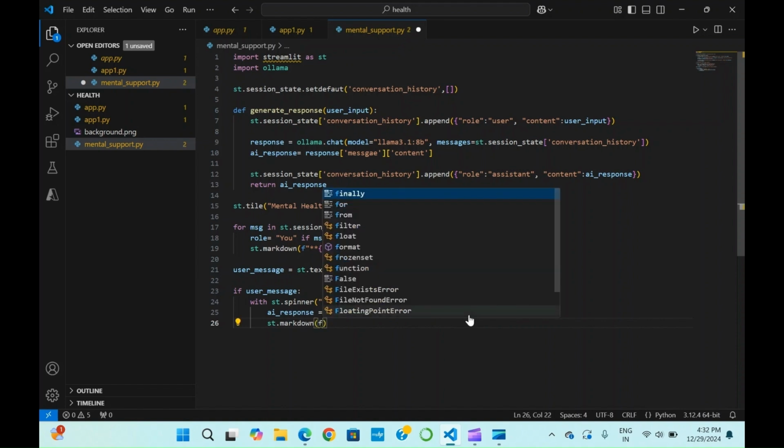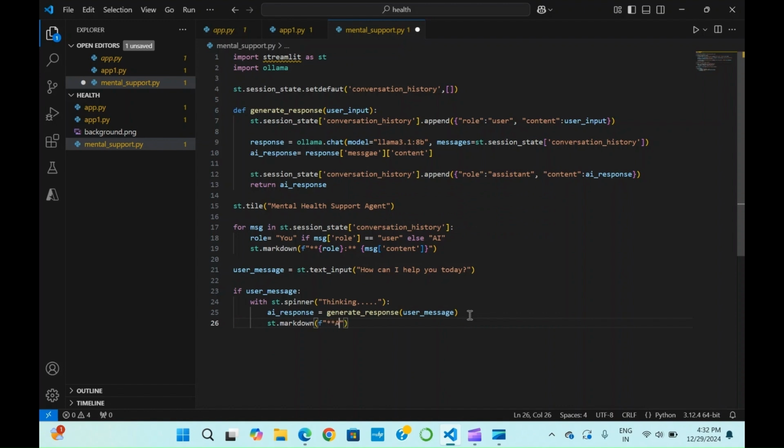We'll use an f-string, and it will be like AI message will be AI_response. I think this will work. So we have used Streamlit, Ollama, the session state variable. Then we have written our generated response. Then this title is there,